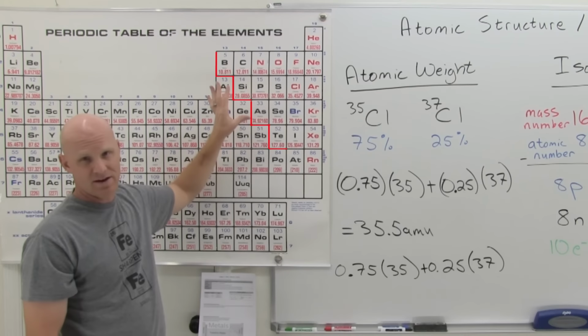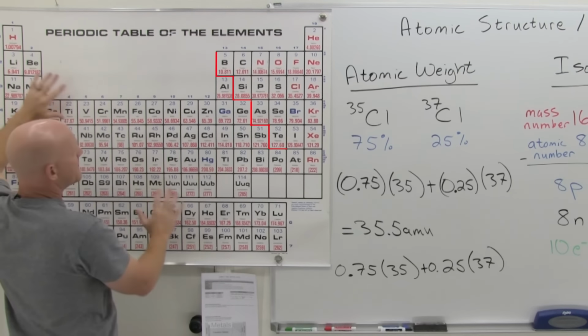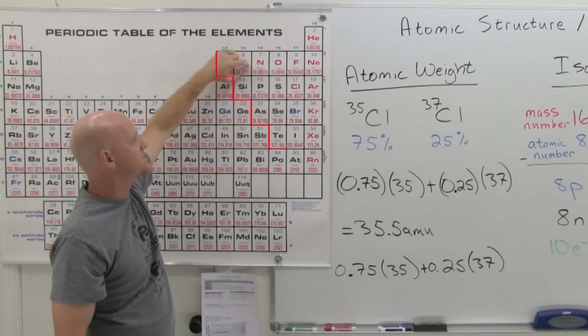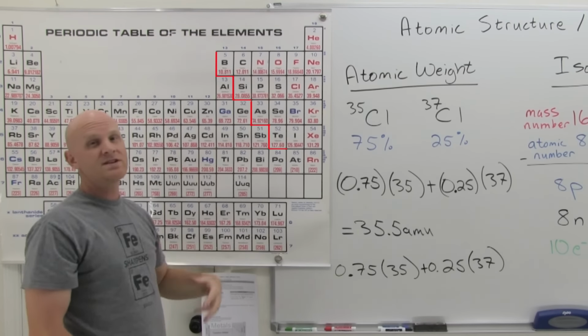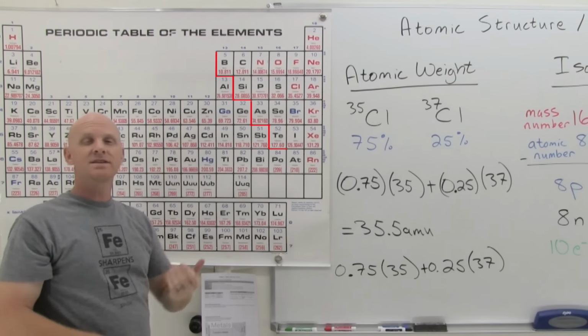There's only like 5 of them. So left side of the staircase, all the metals. And notice we have way more metals than anything else. Right side of the staircase, non-metals, and then right in the middle there's a handful of what we call semi-metals, which have some properties of metals and some properties of non-metals, are kind of intermediate, hence the name